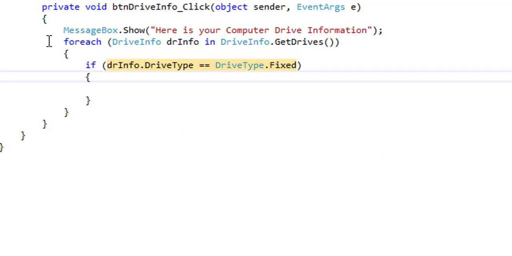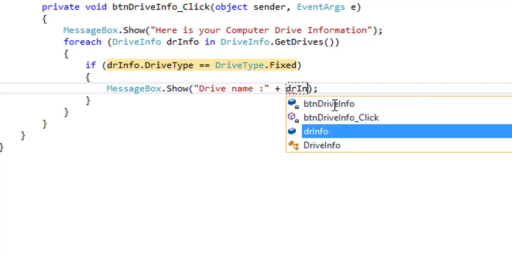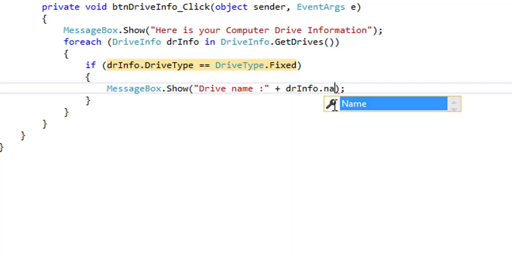I will show all the info by a message. Drive name, drInfo dot Name.